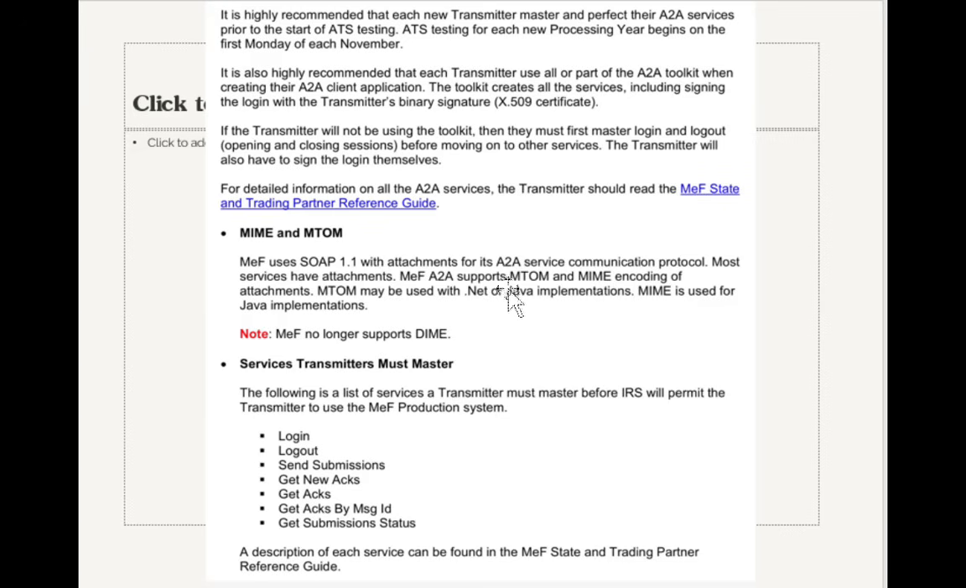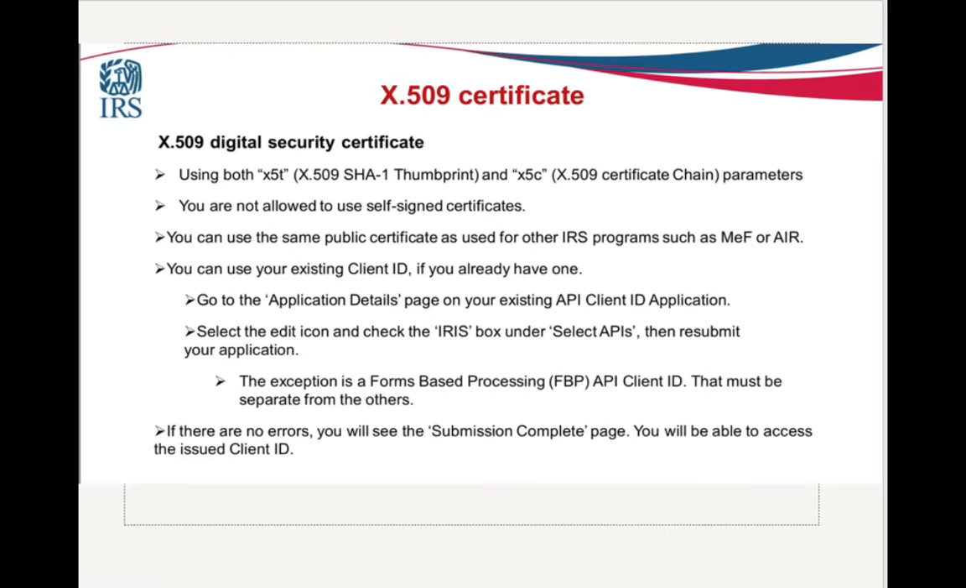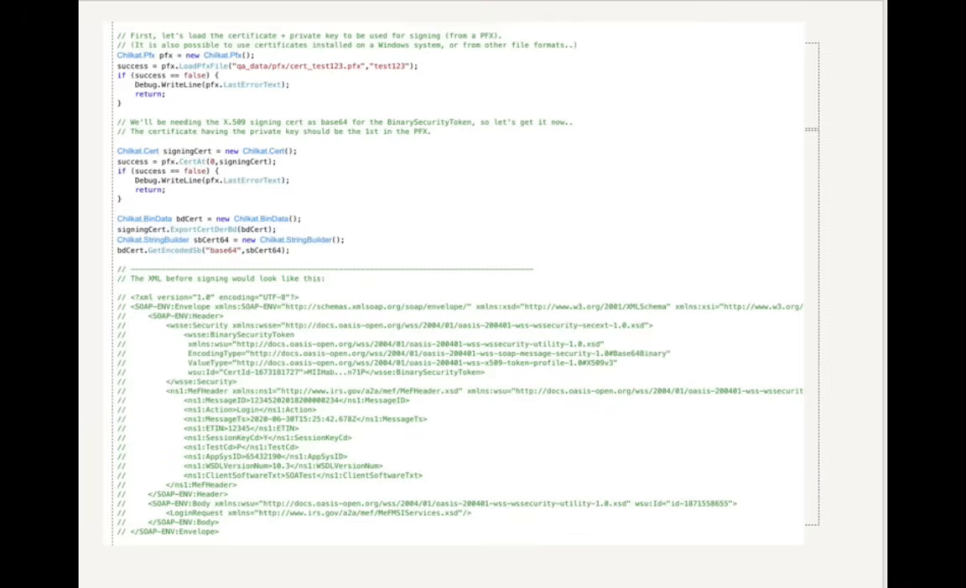So for this encoding, basically the list of tests a transmitter must master before IRS permits the transmitter to use the MeF production system. Without this, if you are not implementing this in your application using the A2A kit, you won't be able to use the